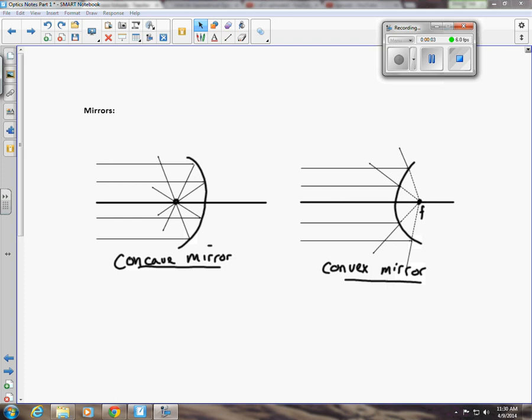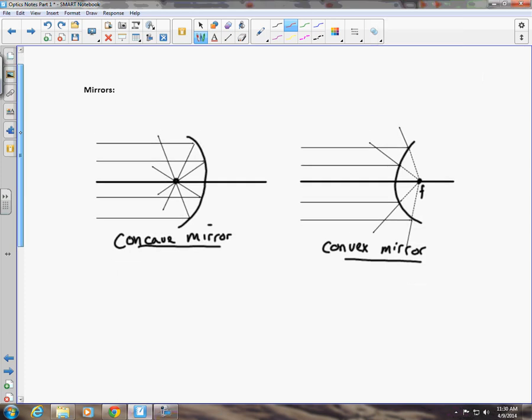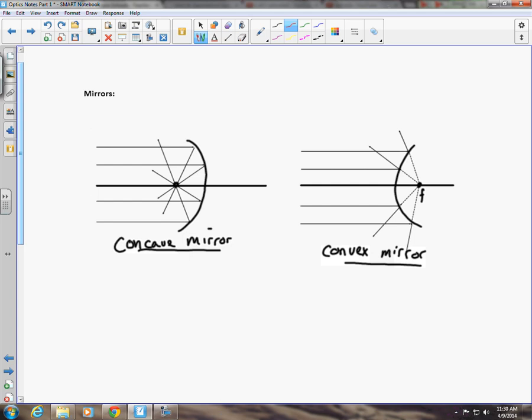Okay, in this video we're going to talk about how mirrors create images. It's going to be a lot like lenses, so if you understood lenses you should be in pretty good shape for mirrors. So first off, this is a concave mirror because the light is going into it like it's going into a cave. And it's a converging mirror